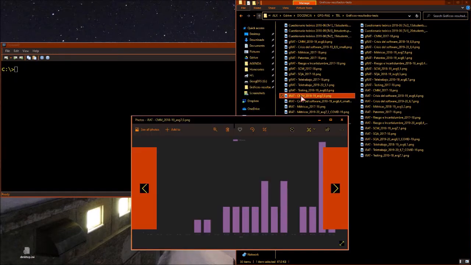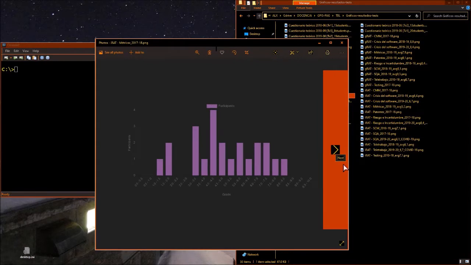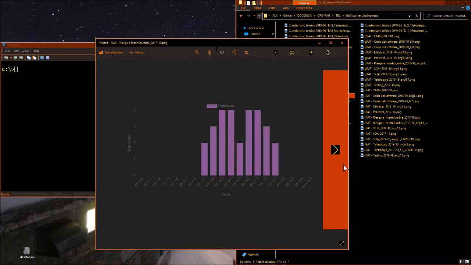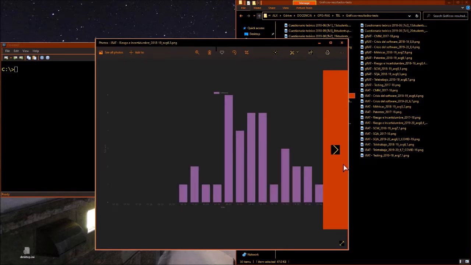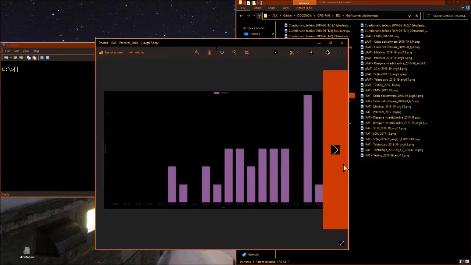These are the type of images I'm talking about. Also, they have different sizes. They belong to different courses, different years, and different sizes. So what I want to do is to build a kind of mosaic where all the images are displayed, organized by rows and columns, the columns being the year of each course, and the rows the different types of tests that have been repeated through the years, so that they can be compared.